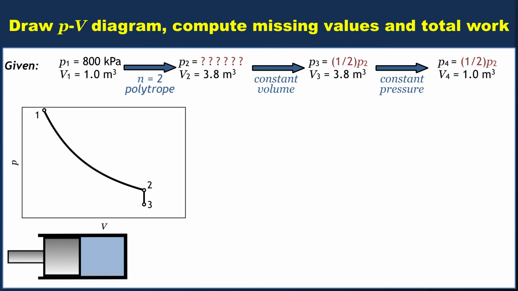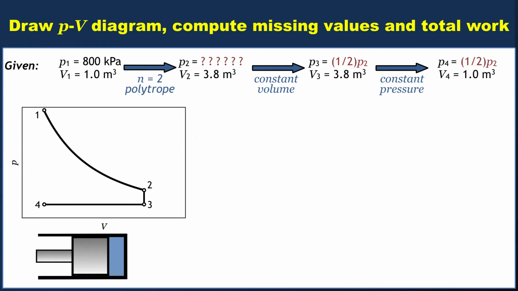The last process, going from 3 to 4. It's a constant pressure process, so on a PV diagram that will be a horizontal line, and we know that we have to end up at the same volume that we started with, so that's fairly easy to draw. Now if that happens, that also means that the piston simultaneously must compress. And we get back to the volume at which we started, but the pressure is severely diminished from its initial value. Okay, our goal is to compute P2, P3, and P4, and the works associated with process 1 to 2, 2 to 3, and 3 to 4.